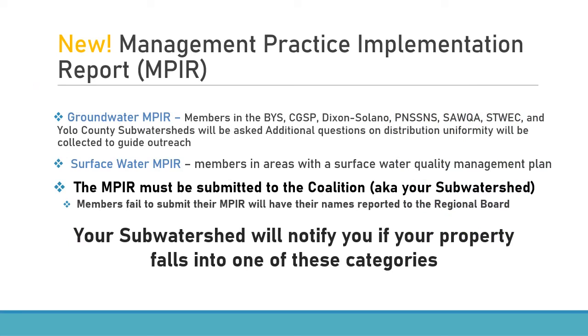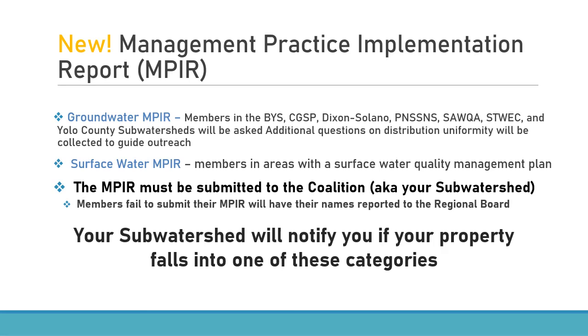The MPIR is a new report that was mandated by the State Water Board. There are two types, a groundwater MPIR and a surface water MPIR. Thanks to the hard work of coalition leadership and the open-mindedness of the regional board, it was determined that data already collected through the INMP summary report and farm evaluations meet a majority of the groundwater MPIR